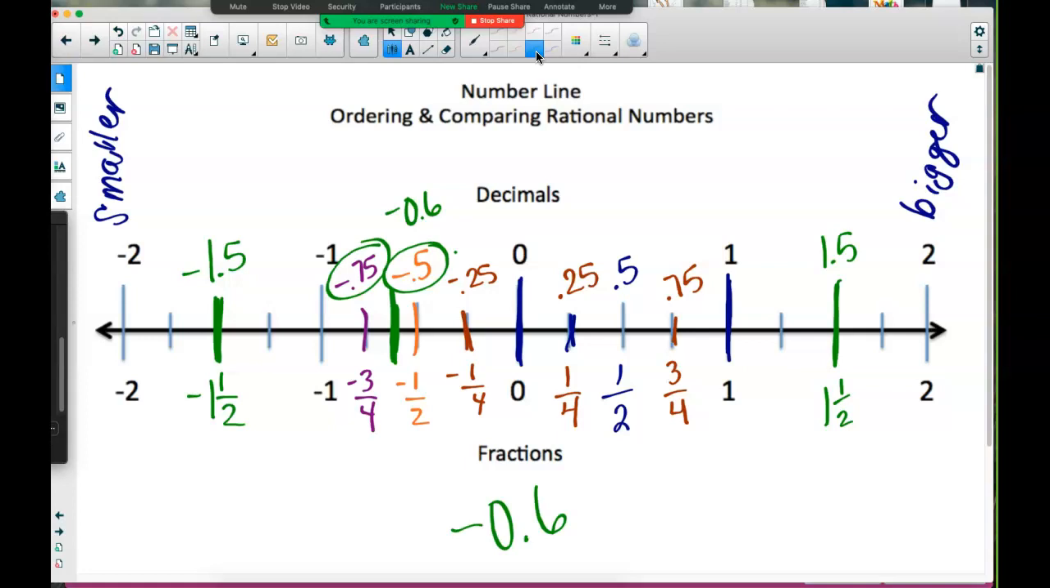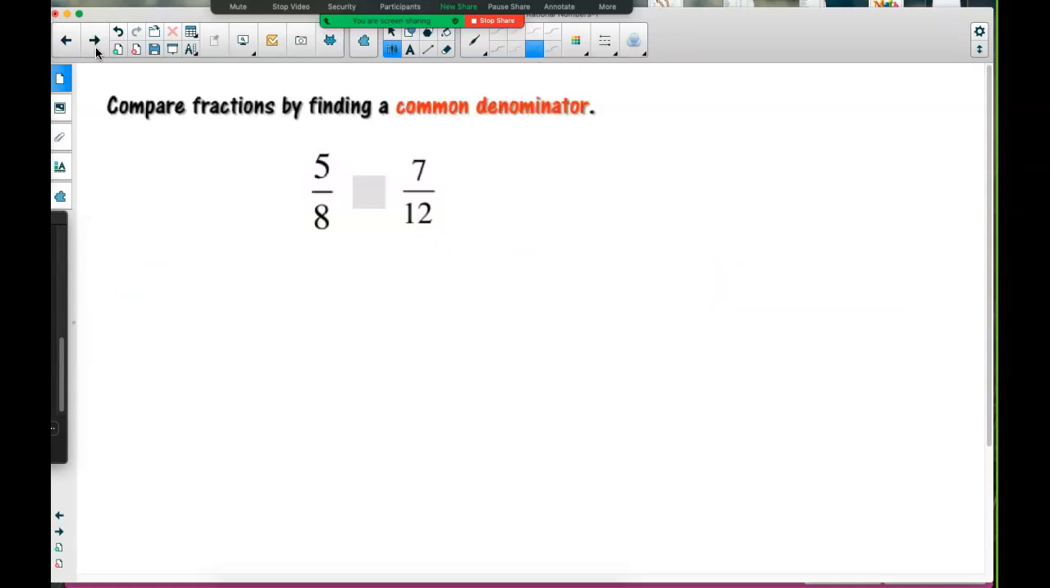Okay? So part of your homework is going to be comparing fractions. I'm going to show you a couple of ways to do this. One way is by finding a common denominator. I could take the fractions 5/8 and 7/12 and find a common denominator and compare them. Now, some of you might be able to look at 5/8 and 7/12 and know which one's bigger. I can't. In my mind, I can't visually see that. So I need to find a common denominator, and a common denominator